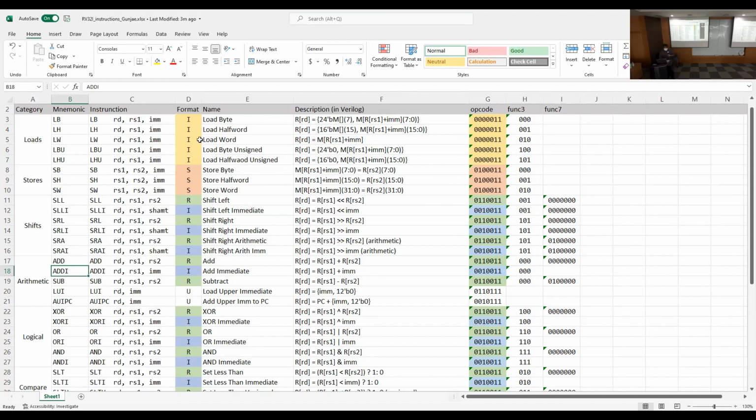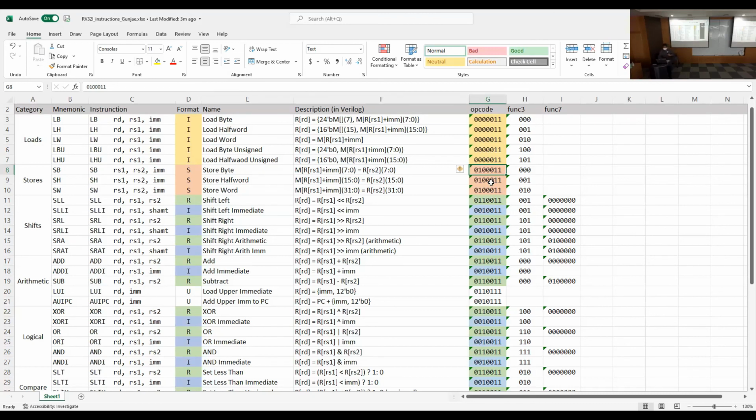Also, if we just see this table, then we can easily find that the opcode just decides some specific type of instructions. For example, if the opcode field is like this, a yellow colored one, then this is the load instruction, right? And the type of load instruction is the I type, and as I explained, the load instruction also includes the immediate data. How about the store instruction? The type of store instruction is different. The store instruction is the S type, and we can find that the opcode for this store instruction is